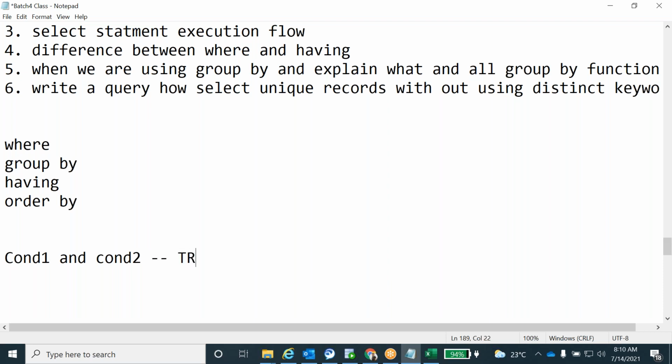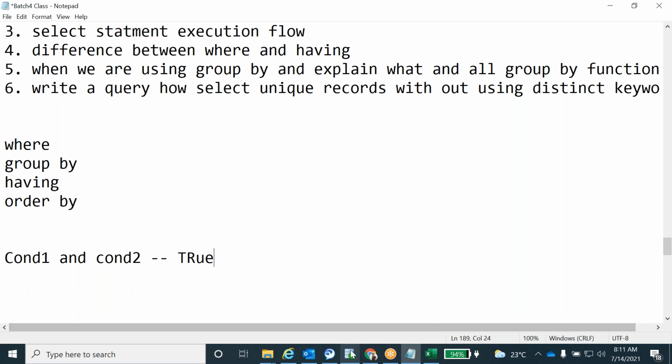If any one of them is false, say condition 1 is not matching and condition 2 is matching, then it will give false, meaning no result comes. Vice versa, condition 1 is true, meaning it's matching the data, but condition 2 is not getting any data, then also it won't display any data. Or if both are false, it won't display either. If both conditions are matching the data, then only it will display in the select statement.